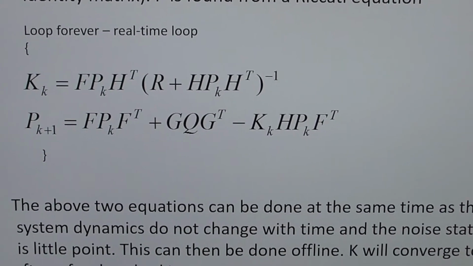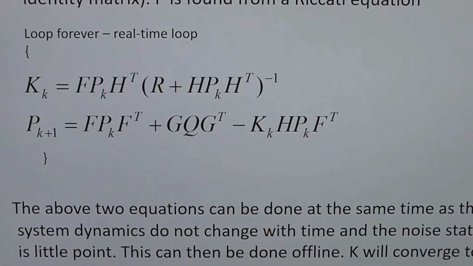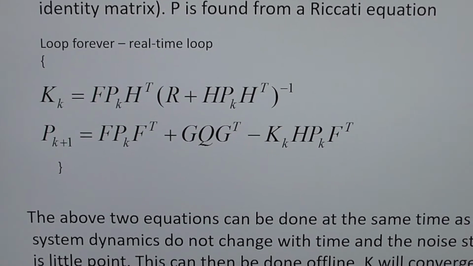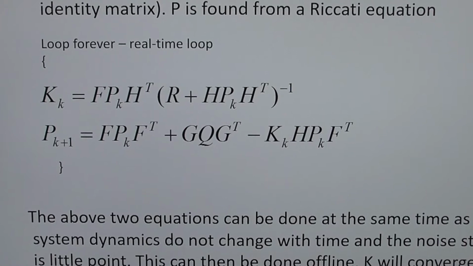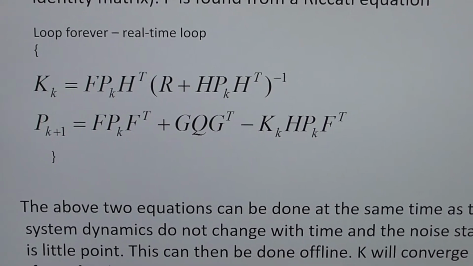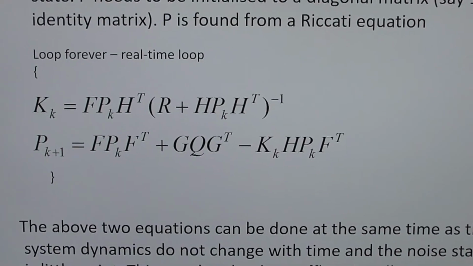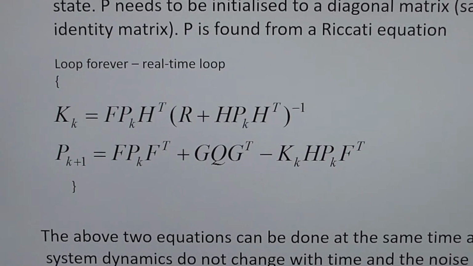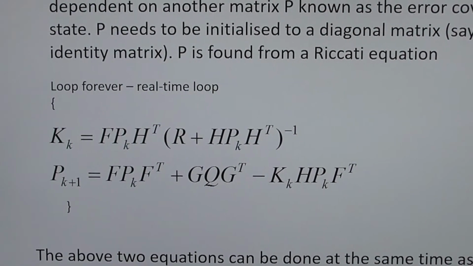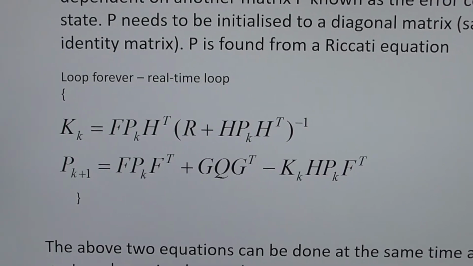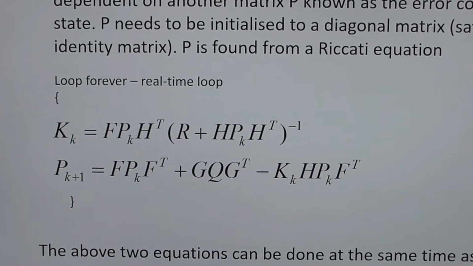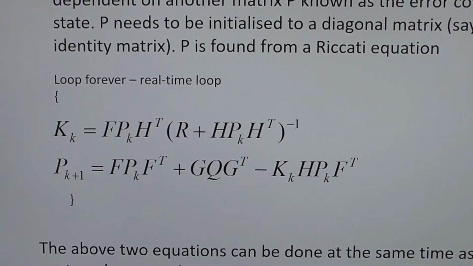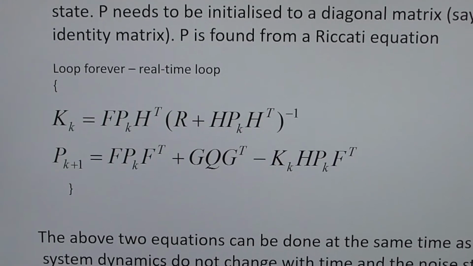And what will happen is the P converges to a constant value. Normally the trace of it, that's the sum of the diagonal elements, starts off big and then converges quickly, maybe in a couple of hundred iterations or less, to a constant value, and then it just stays there. So there's not much point in putting that in your real-time loop, because if everything's constant, all your noise terms and the system terms, P just converges to a constant value, and then you're just pointlessly iterating that. So you should put this outside the main loop of your program,